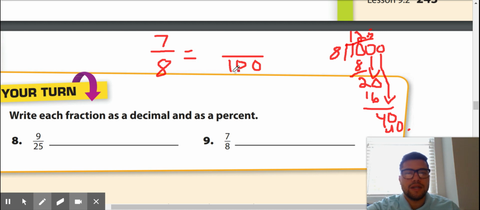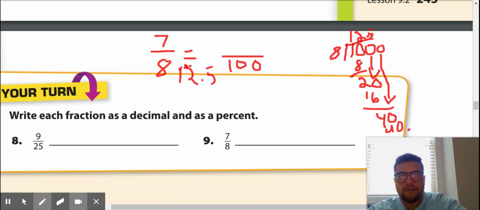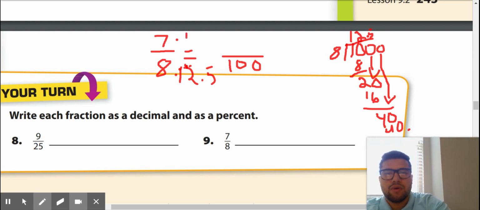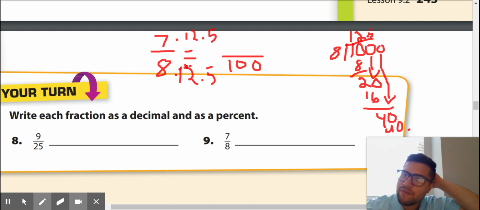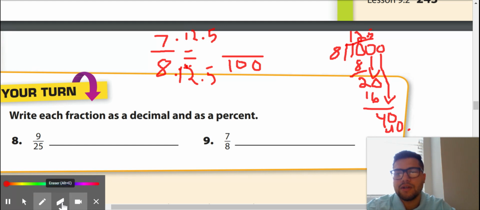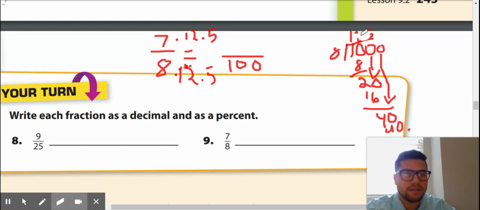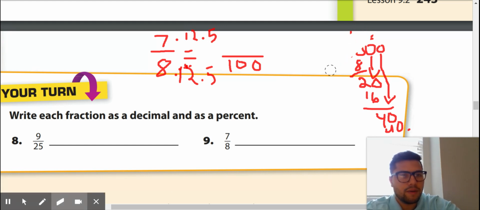So we're going to put here multiply 8 by 12. Oops, sorry guys, my mouse is not working. Let's try this, 12.5, okay? And if I did it to the bottom, I know that looks really bad, guys, but we'll do the top here, 12.5 at the top as well. So 7 times 12.5 will give us our answer. So I'm going to go over here and I'm going to erase all of this. I don't know what's wrong with my mouse. Anyways,